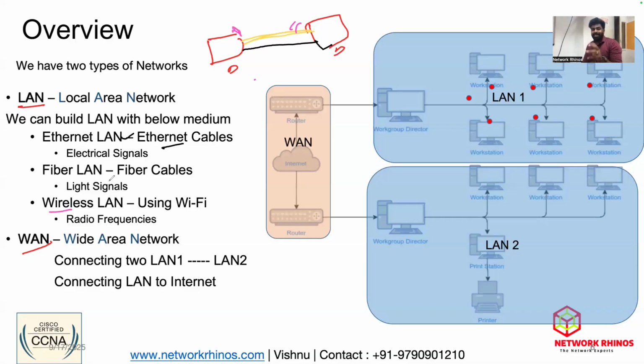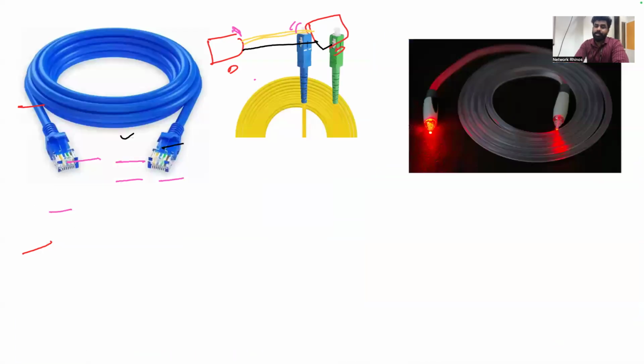So data are sent and received with the help of what signals? Electrical signals. So data inside the Ethernet cable flows here and there with the help of vibration, the same method by which electrical current passes. In that, we are carrying the data. Second, we have fiber cable, which we already have. Everyone's home has Wi-Fi now. If you see the yellow cable, the slightly small one, the fiber cable, it sends and receives data with the help of light signals.